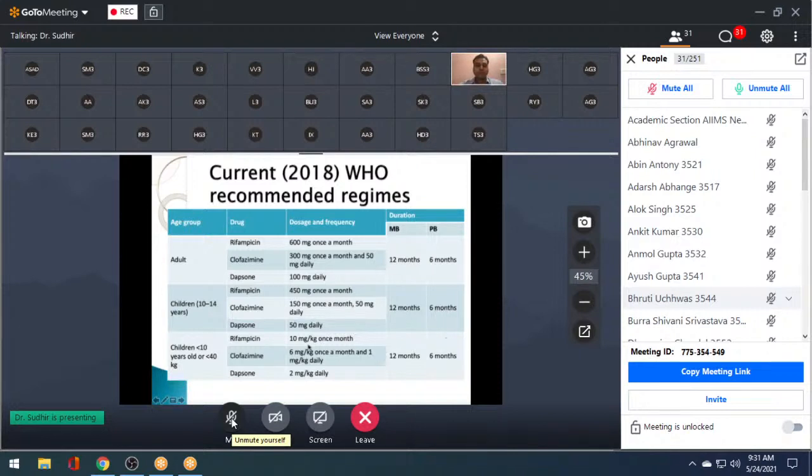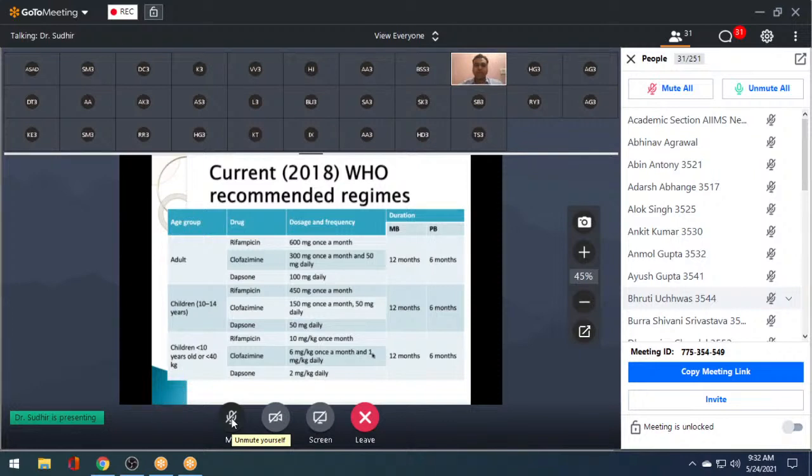The thing is that clofazimine is available at the lowest strength. The capsule's lowest strength is 50 milligram. So even if the child is less than 10 years, we cannot divide the dose as 1 milligram per kg. If the child is 10 years and 10 kg, then it needs around 10 milligram per day, but it is not available to give a capsule of 10 milligram per day. So that's why the 50 milligram weekly dose is to be given. If the child is less than 10 years and the dose is coming less than 50 milligram per day, then you have to give a 50 milligram weekly dose